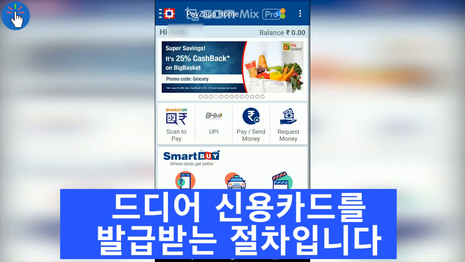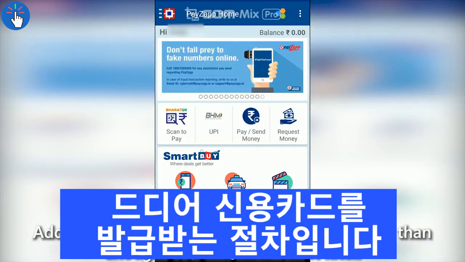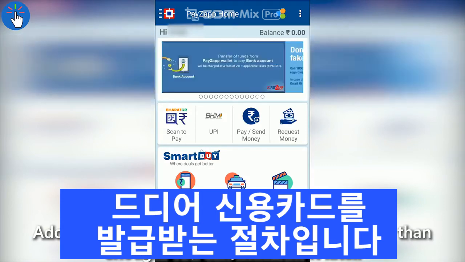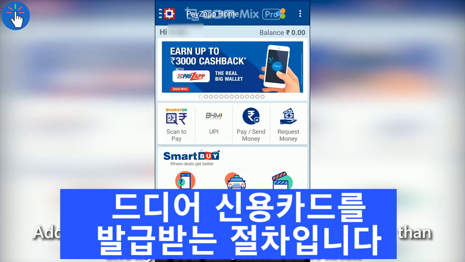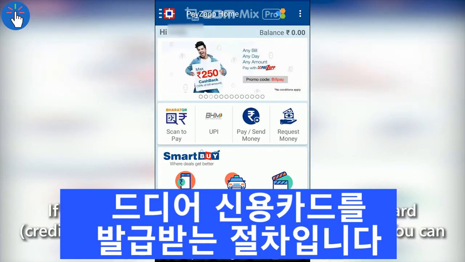So basically they are asking you to add money to the wallet to get your card. So just to get our virtual card, we need to add some money to this account, but this is temporary. So after getting your virtual card, you can also withdraw the money or use it anywhere you want. And for that, we need to add a card that is an existing card, but that is also temporary. You can also delete the card details later after adding.